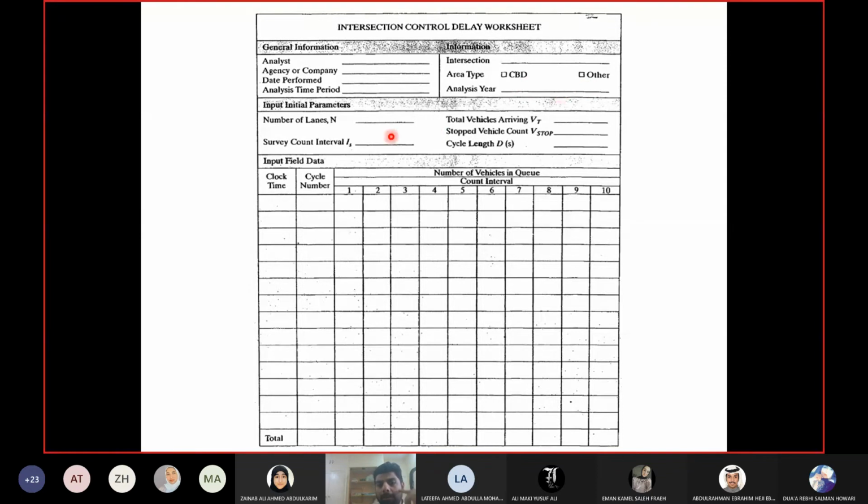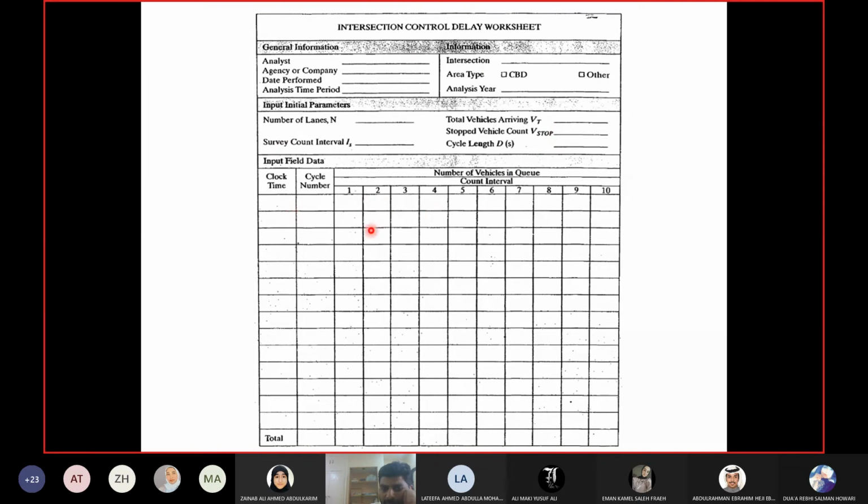Analysis here. How many lanes you have. What interval you gave to observer 1. Cycle length in seconds. You have to find it out before you start the survey so that you can give the interval. Then observer 2 will write down the number of vehicles arrived and the number of vehicles stopped in this sheet as well. So to the traffic engineer, I will just give one sheet which has all the information, including the information from observer 2.